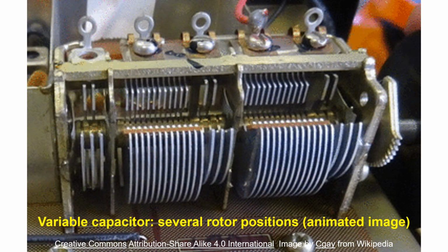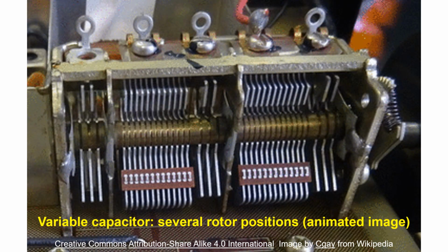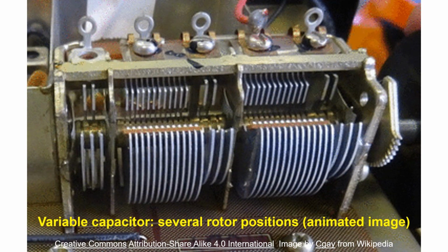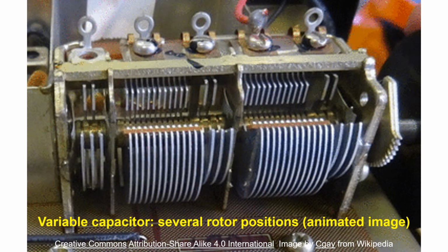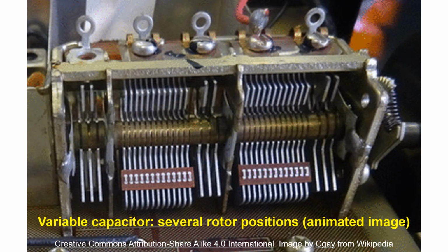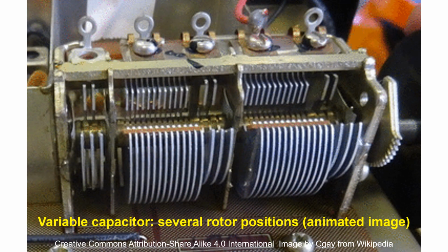Turning the tuning knob changes capacity in both the initial RF filter and the local oscillator to the same extent. That is why they are shown as linked with a dotted line in the initial diagram. In the animation, there are 5 sets of rotor plates of different sizes. The gang capacitors which I had used in my projects earlier had only 2 sets. More sets will be needed if you want to tune more circuits, like at the input and output of RF